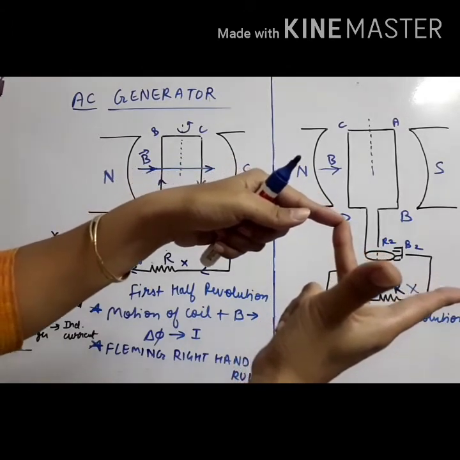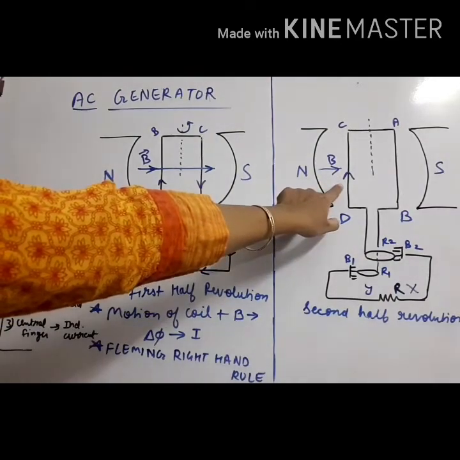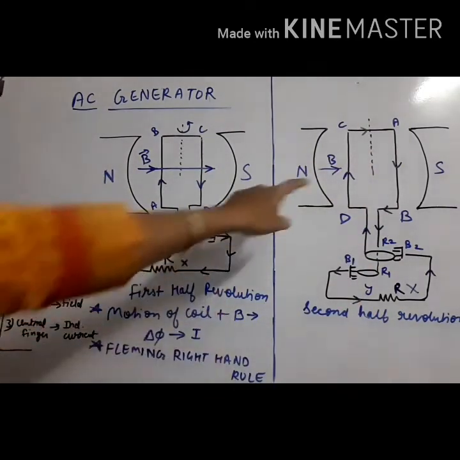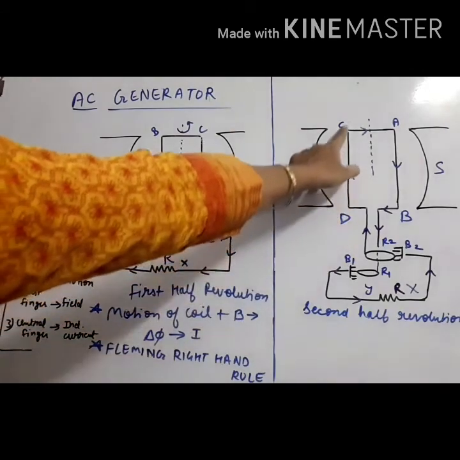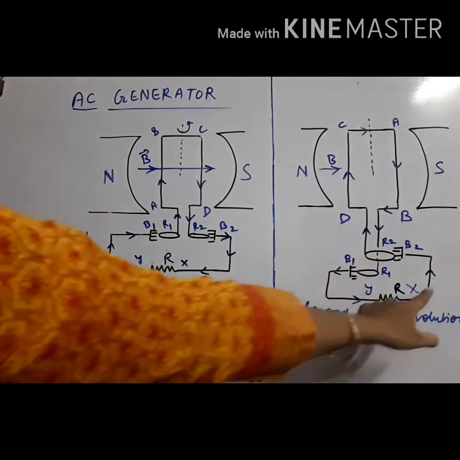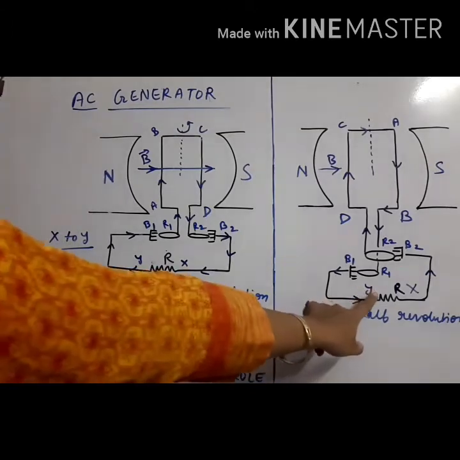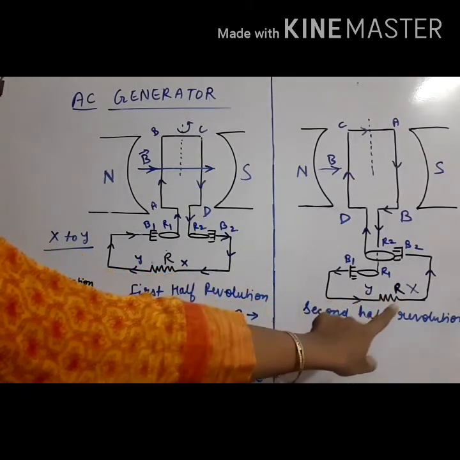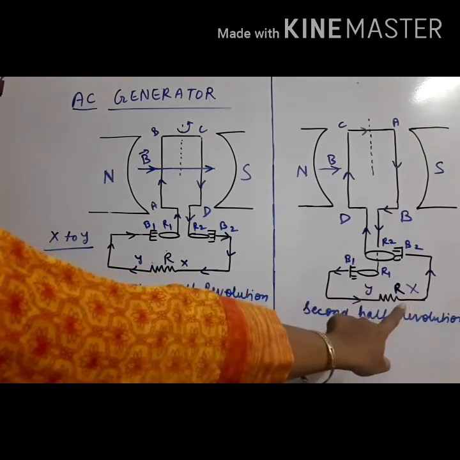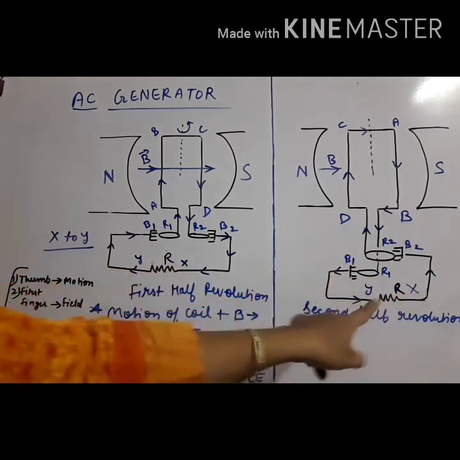In which branch? In the CD branch. Let us show the upward current. In CD we got that the induced current is produced in the upward direction. Now we will complete its path. After completing the path you can see the current went this way, this way, this way and this way. This is the path of the current. Now notice in which direction the current is flowing in the external circuit or external resistance R. You can see that the current is flowing from Y to X. Earlier the current was flowing from X to Y. Here the current is from Y to X.